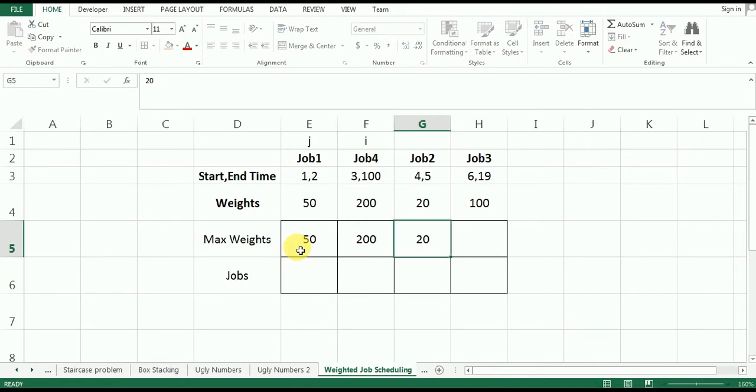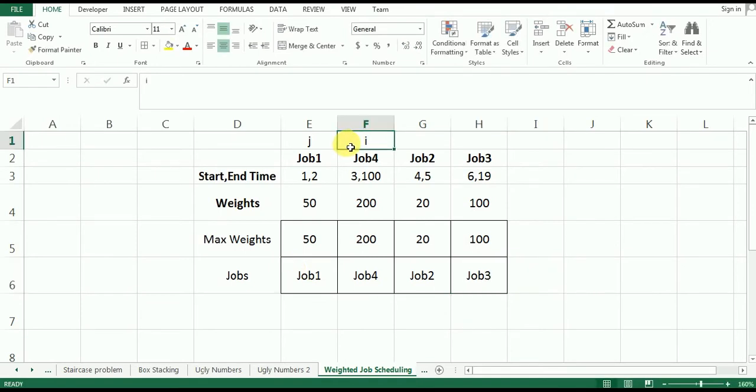So I have filled this max weights array with the base values, and here I am just going to put each of the job names. This is going to make sense once you know why I did that to the max weights array. All right, now we are ready to begin.